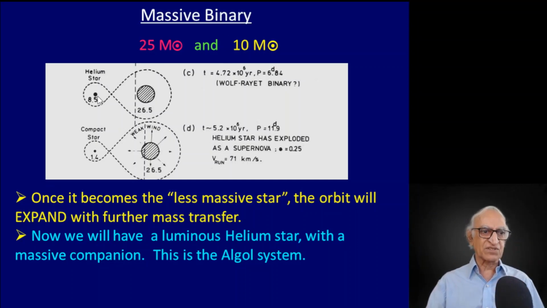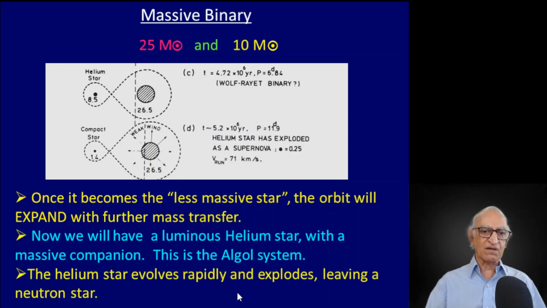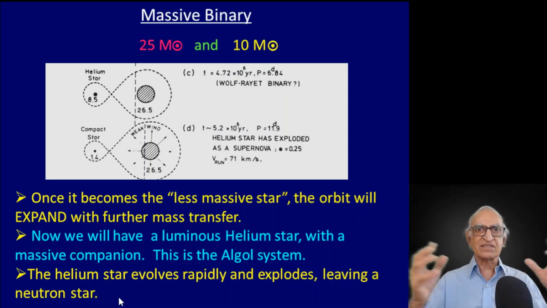The less massive star, being more evolved, will now explode into a supernova explosion. When this less massive star explodes, what you will find in the ejecta is only helium. There is no hydrogen envelope anymore because all the hydrogen has been transferred to the companion star. Therefore, the helium star leaves behind a neutron star, and in the ejecta you will have only helium and no